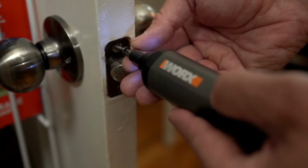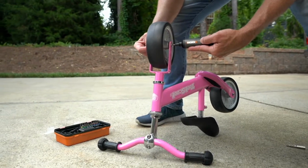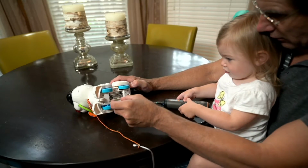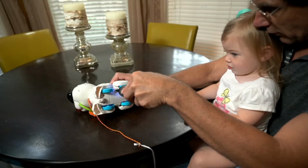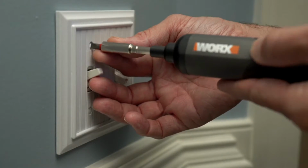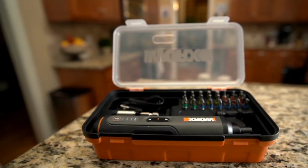This is the 4-volt lithium screwdriver. It comes with a case that includes 26 pieces, 26 little bits to put on the end. So you are going to have the correct size, whether it's a Phillips or a flathead or a little square head or the ones that are the hexagon shape or the ones that have a star shape. There's screws and things out there of all shapes and sizes, and you're going to be covered with this WORX